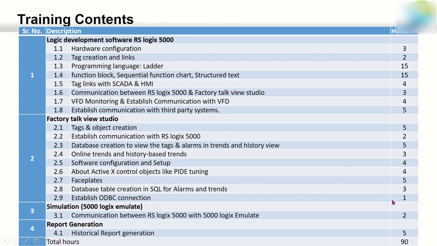This total duration for this course is 90 hours duration, and it going to conduct a